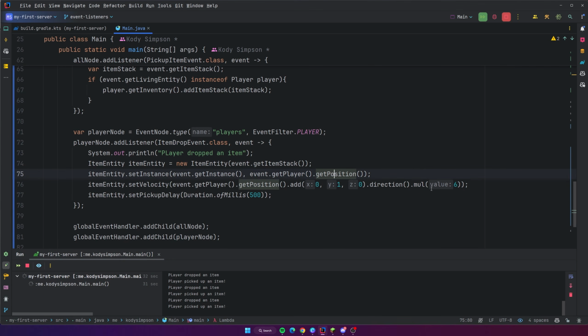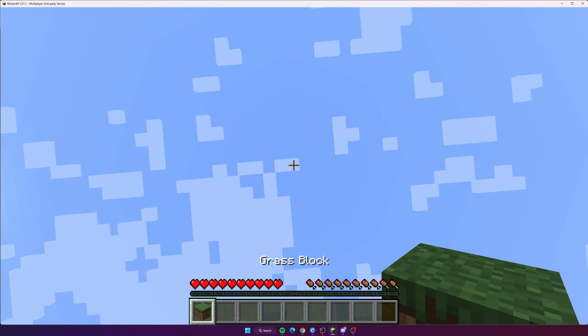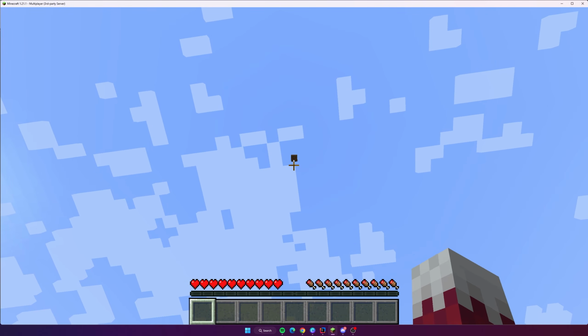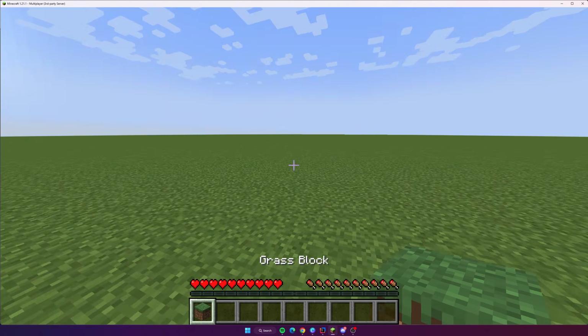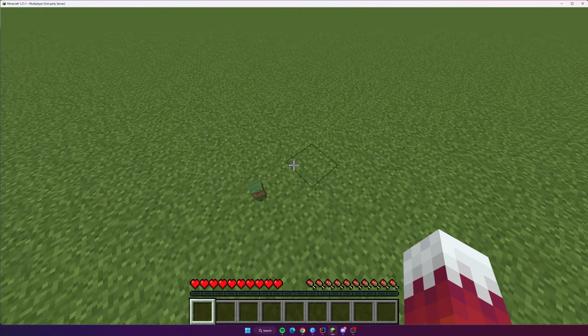If you want to, you could multiply it by like 20, and that will obviously increase the force with which it's thrown pretty much, the velocity. So let's try this out, see what that looks like. Boom, let's throw it, and look at that, it goes way farther. So we can pick it up, play catch with ourselves. So look at that, it just launches now because it has a crazy velocity.